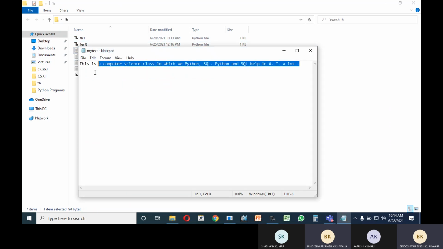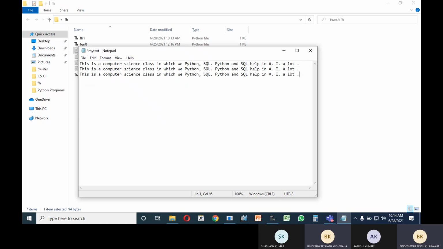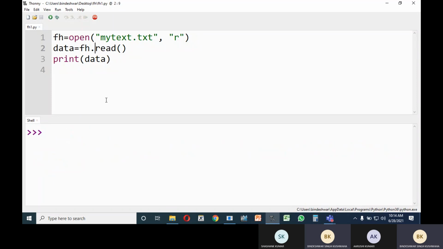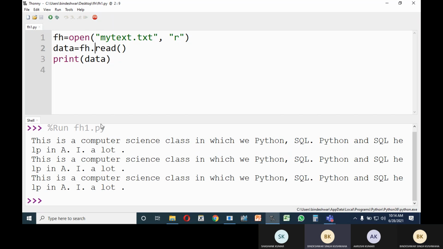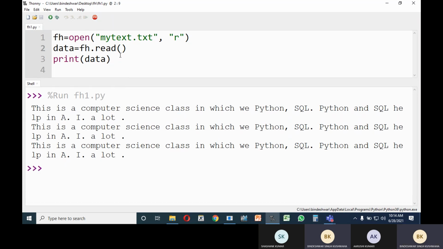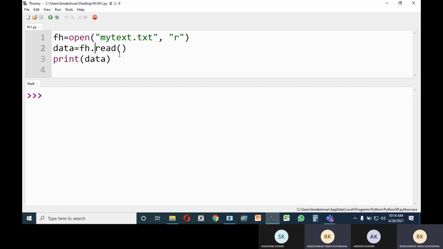I'm copying it and pasting it below, same content, control V. If you do not want to read a specific number of bytes or specific amount of data, just do not specify anything inside read. Do not specify the size of bytes. So these two variants of the read function you can use to read a file.